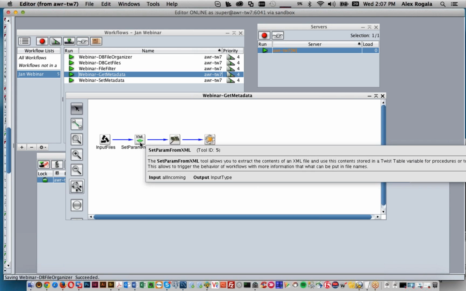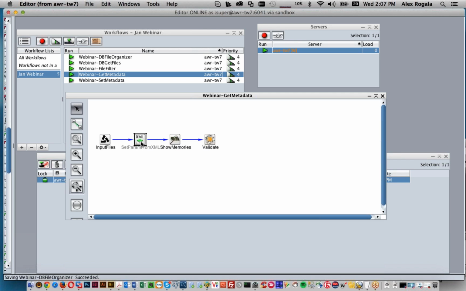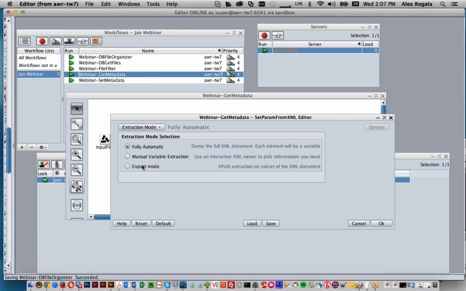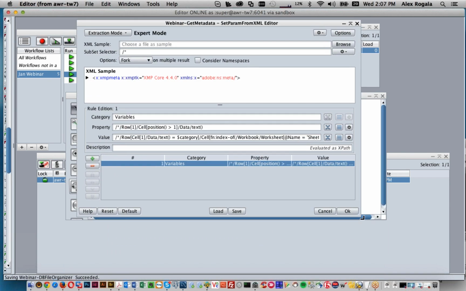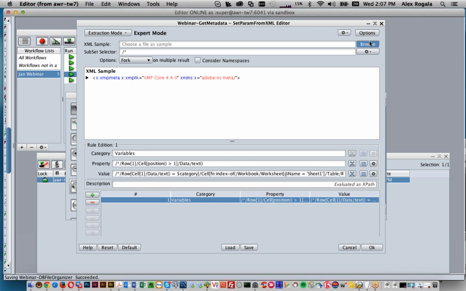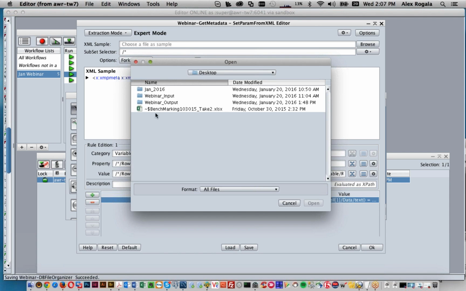So maybe you've got a file with tons of metadata in there. Maybe you've got a thumbnail embedded like that, and you don't want to touch that with your setparam from XML or your file check. The easiest way to deal with that would be to go into setparam from XML and change the extraction mode to expert mode. Like I said, I'm not going to go too in-depth on this now. This will probably be another webinar at a future date, but I have the option in here, I can click Browse. If I go to my desktop here,